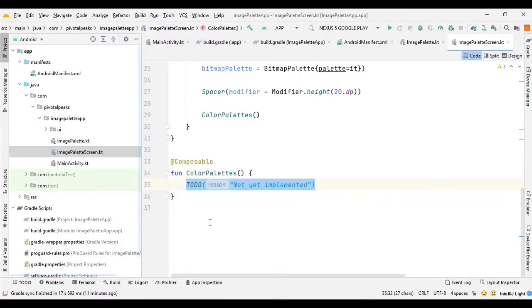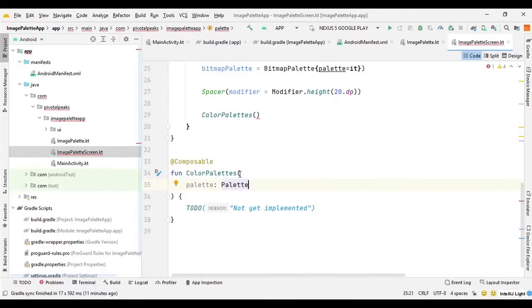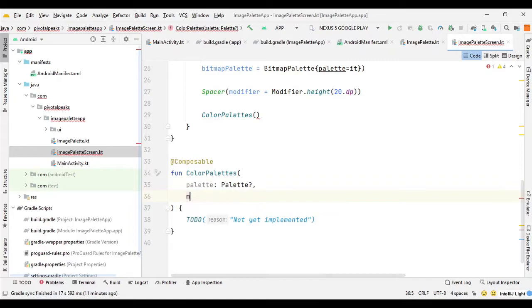So now we need two parameters inside this constructor, the palette itself and the modifier. So for the palette, we can say palette, and we can pass the question mark, and for modifier we can say modifier colon modifier.